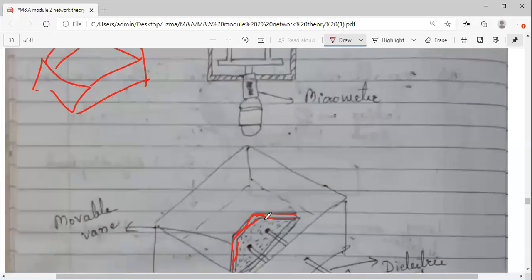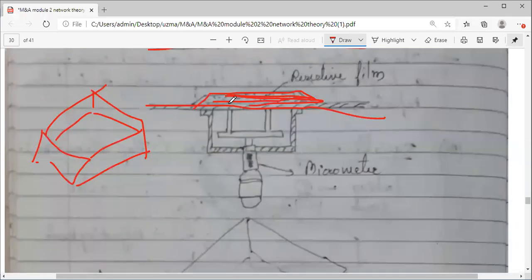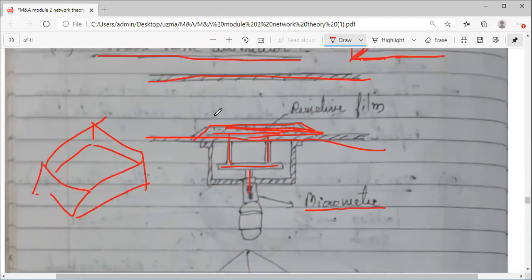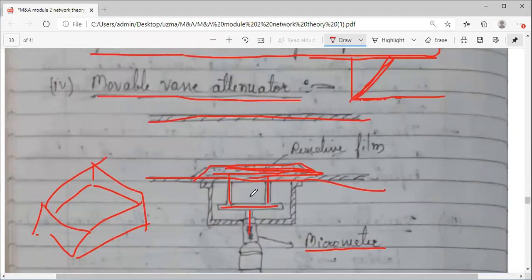Okay, actually this resistive film slab with two rods is connected to what we call a micrometer screw. From this screw it can be moved, that's why it is called movable. Because of these rods, it is connected with a screw. Based upon the position of the screw, you can adjust this resistive film